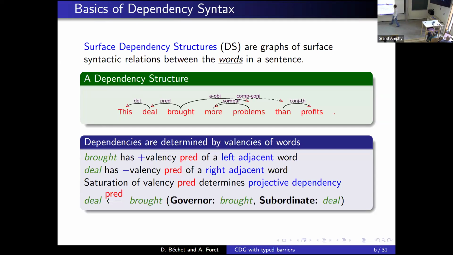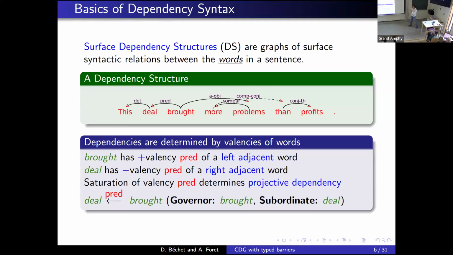For non-projective dependencies, we have a second system in the grammar that allows them to cross other dependencies. So how do we have these two systems in categorial dependency grammar? We have two parts in the type associated to the words. The first part corresponds to projective dependencies. This part is relatively classic when we know categorial grammars.